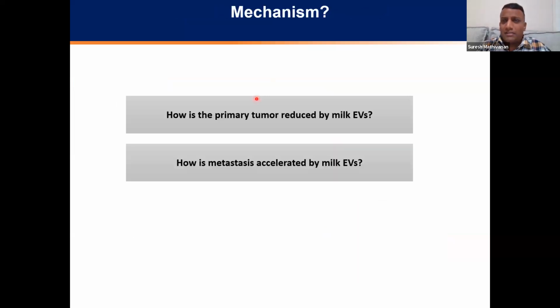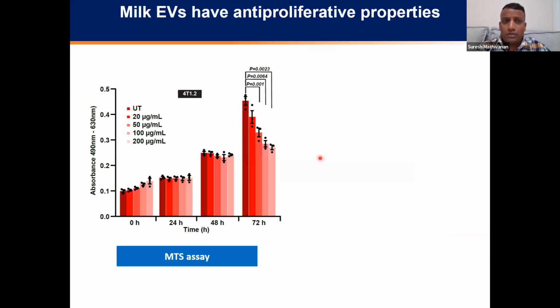So what about the mechanism? When I looked into the literature, I couldn't find any study showing this contradictory effect, where the milk, or not the milk, any drug reduces the primary tumor burden but accelerates metastasis, right? So how are the milk EVs reducing the primary tumor burden, and how are they accelerating metastasis, and how are these opposite effects happening? So to cut the long story short, we did MTS assay to see whether it